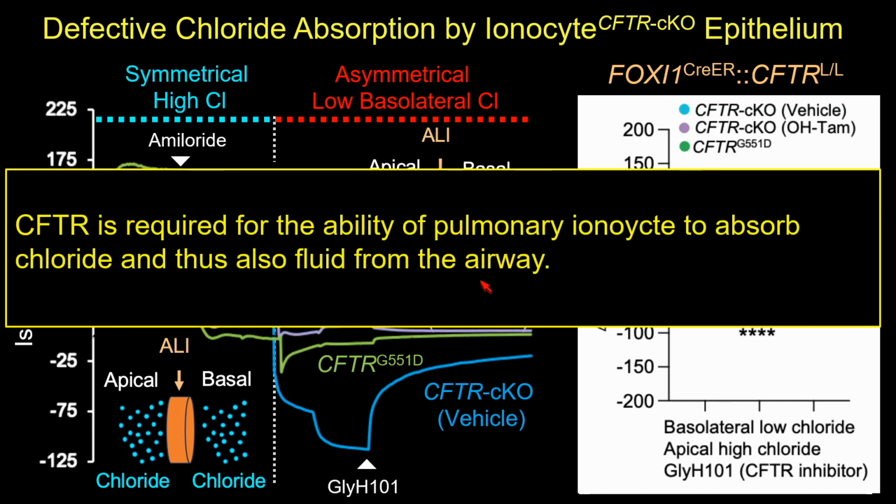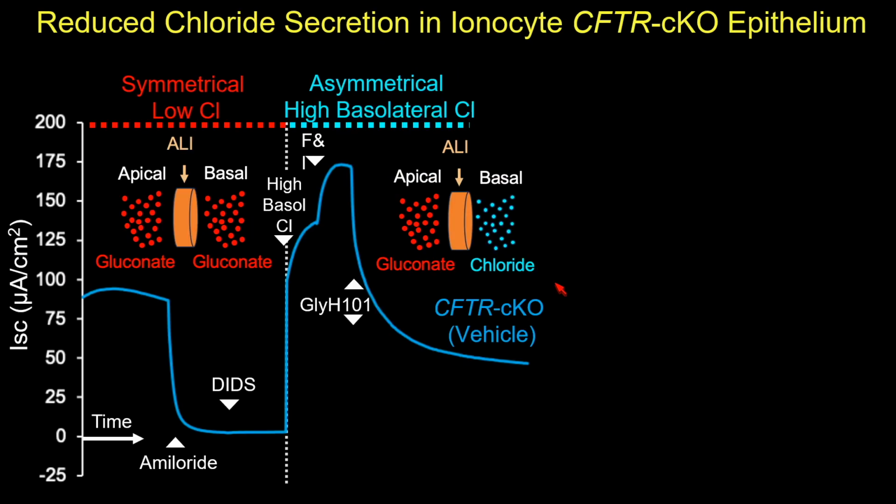So our interpretation is that CFTR is required for the ability of pulmonary ionocytes to absorb chloride and thus also absorb fluid. And I'm not going to talk about those fluid absorption measurements because they're published. Now, the reverse of this is to invoke a low symmetrical chloride on both sides, and on the basolateral side induce high chloride. So now we're going to drive secretion